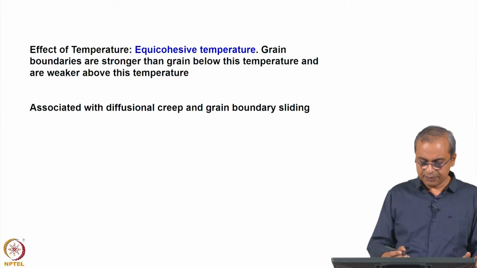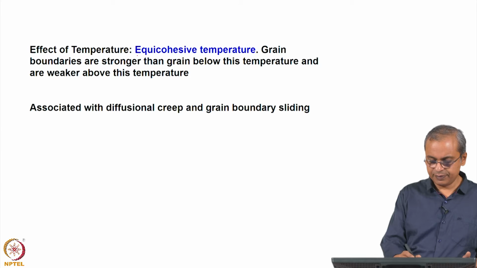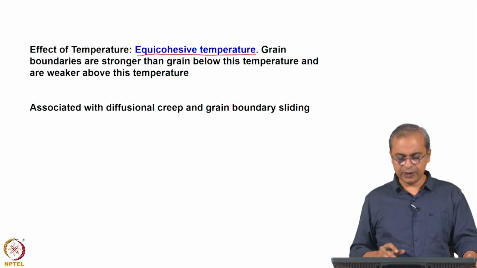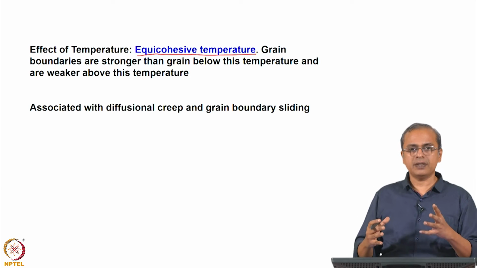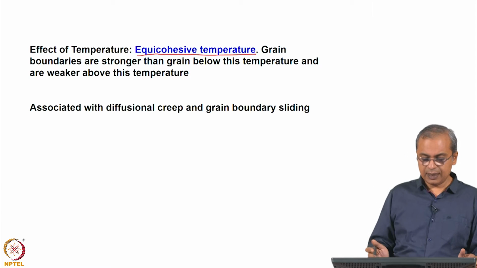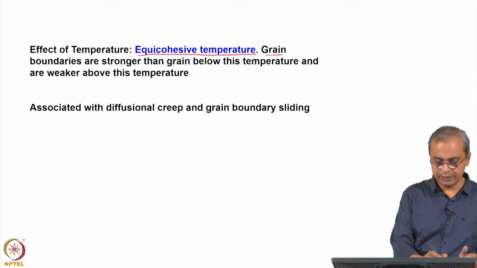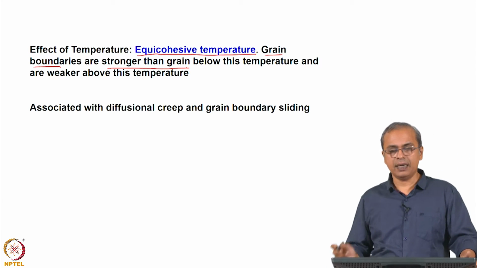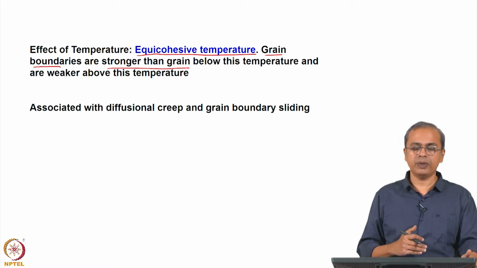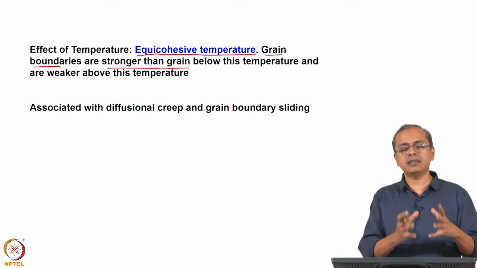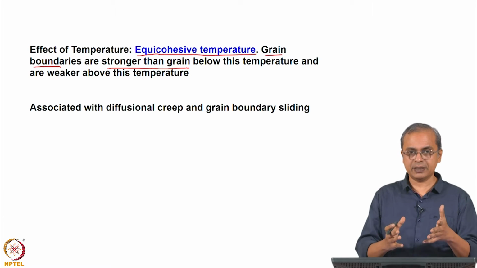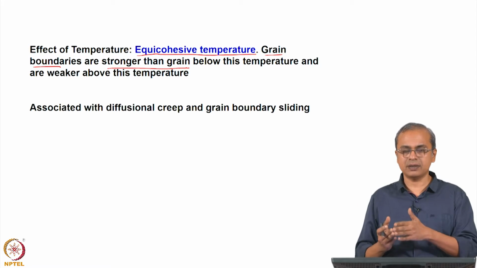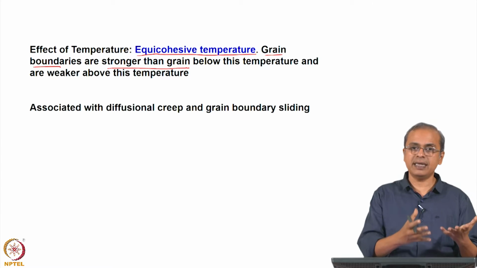So, it is known that there is something called the equicohesive temperature. For most materials, generally it is observed that if you are below this temperature, the grain boundaries are stronger than the grain, and therefore, having grain boundaries in the material makes the material stronger. That is the implication. Having more grain boundaries in the material makes that material stronger. So, that is the implication of describing it as grain boundary being stronger